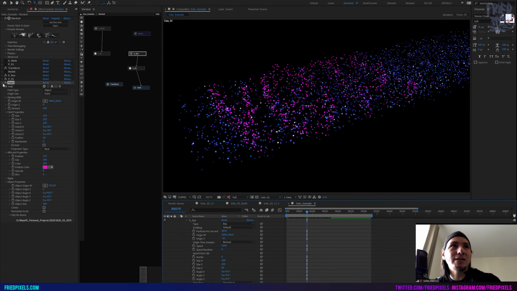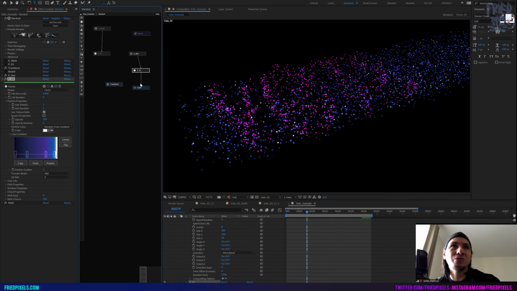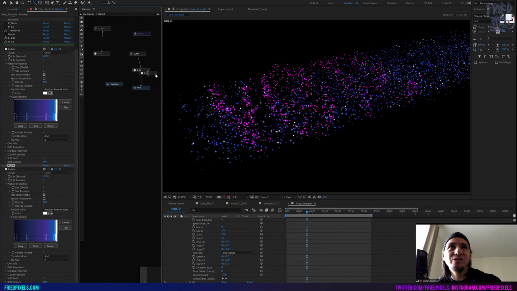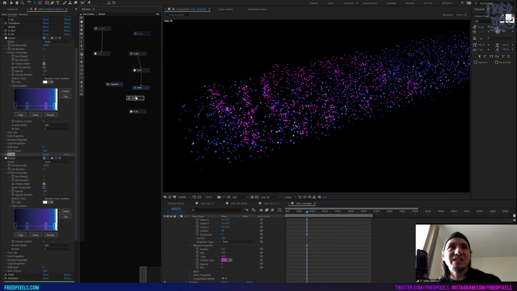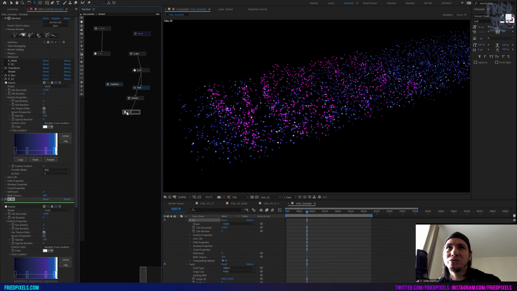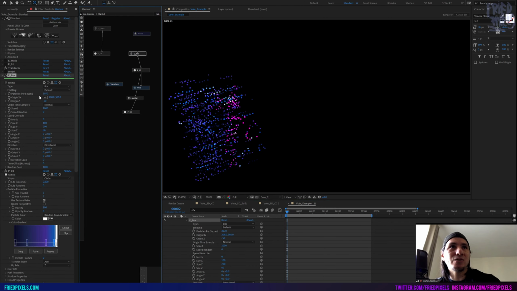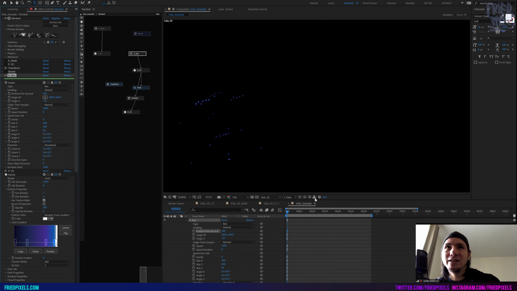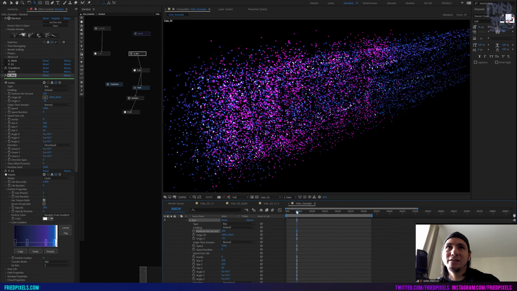So that's most of the effect, but what was cool is that you were getting those trails off of it. So we're just going to create an auxiliary system. I'm going to duplicate this particle from the top, create an auxiliary node, attach it to that particle, and then attach our new particle to that. And that's going to be crazy because there's a lot of particles. So I'm going to go back to our box and turn this down to like 100, just so we can see the effect without it taking that long to calculate.